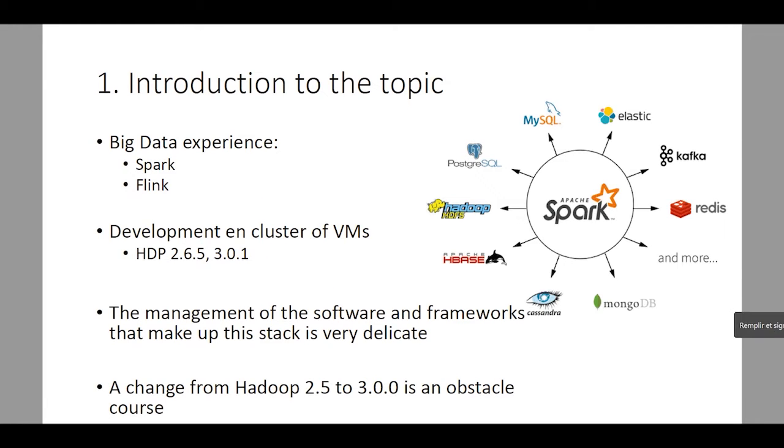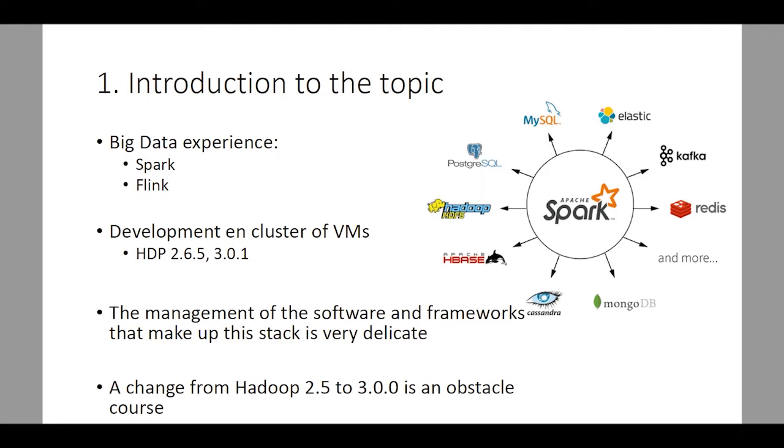We have been working in big data for several years, and we are facing software management issues that limit our results. We use clusters of virtual machines where the software is installed and configured.